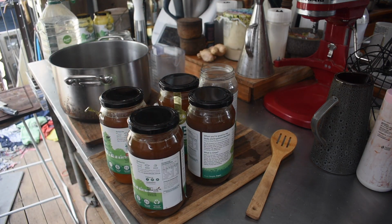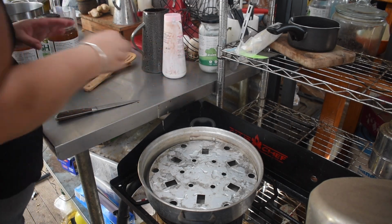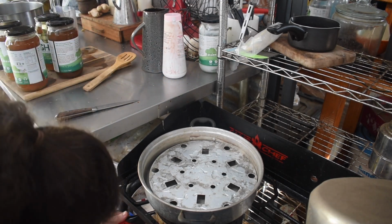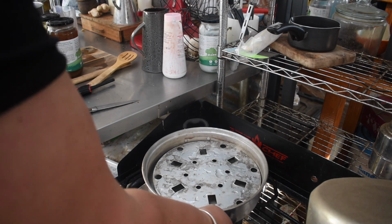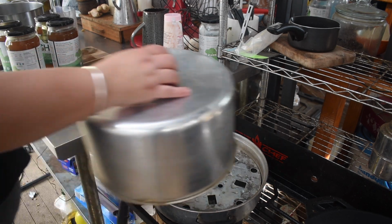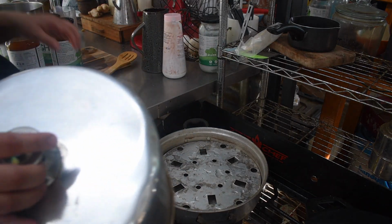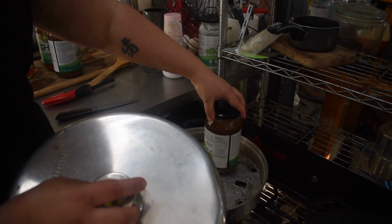And then I used them in the steam canner. So the steam canner is really great because it uses less water. It's a water bath equivalent canner, so you still can only do things that you would water bath in it, but it uses a whole lot less water because you're only filling underneath the plate in the canner. So you fill underneath the rack full of water, and then you put the lid on it